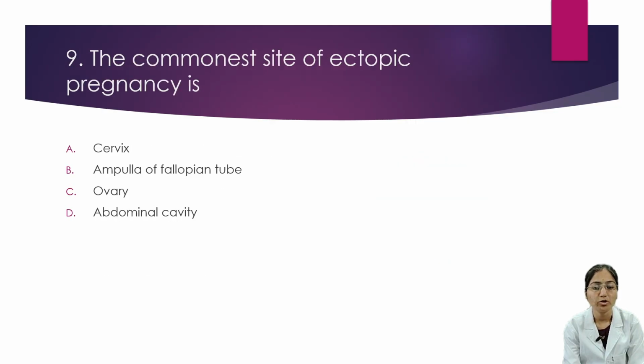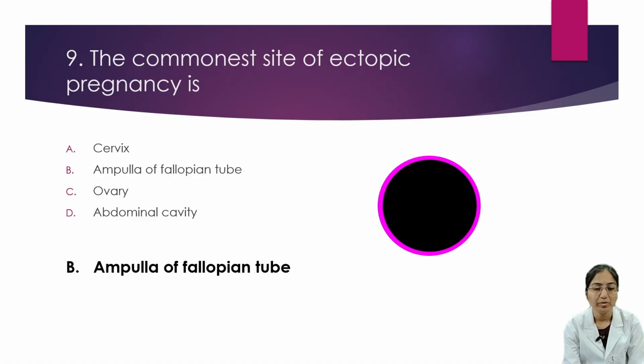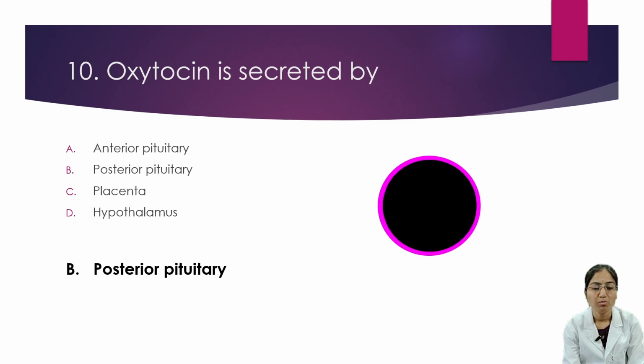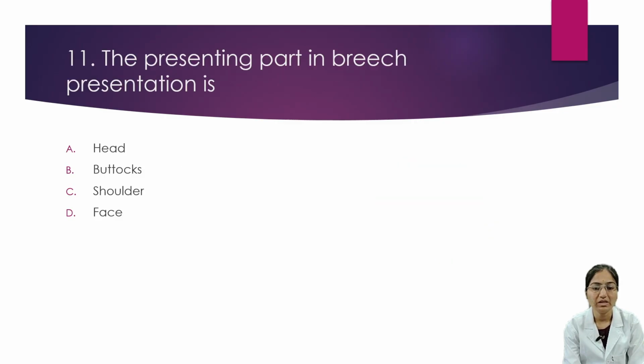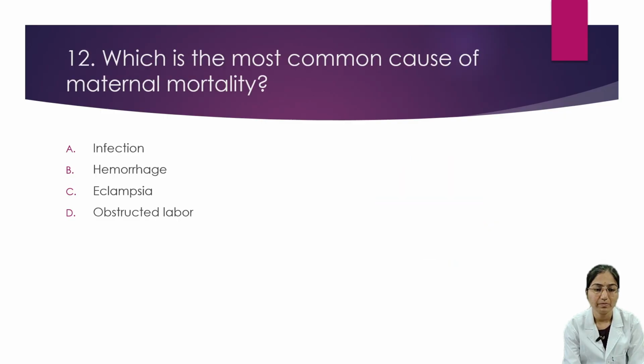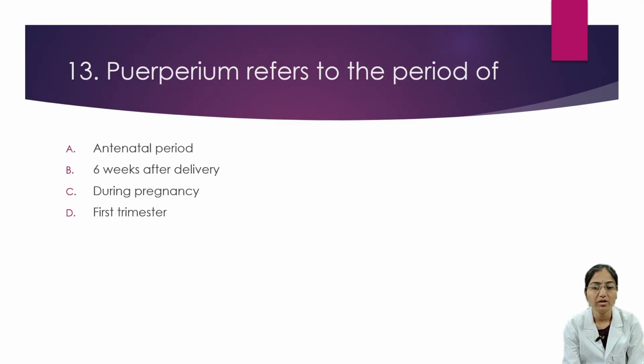The commonest site of ectopic pregnancy is ampulla of fallopian tube. Oxytocin is secreted by posterior pituitary. The presenting part in breech presentation is buttocks. Which is the most common cause of maternal mortality? Hemorrhage. Puerperium refers to the period of